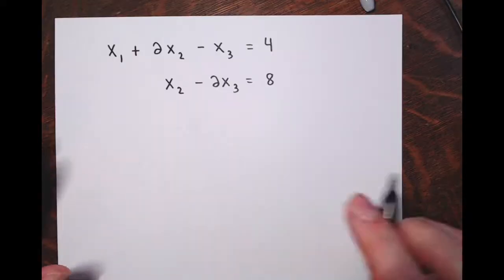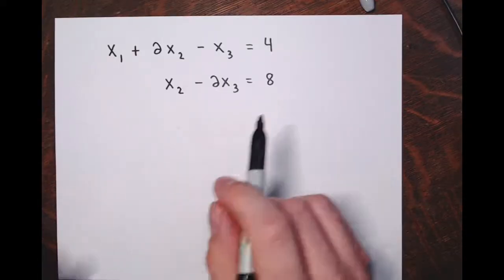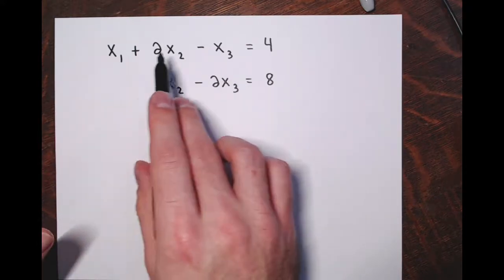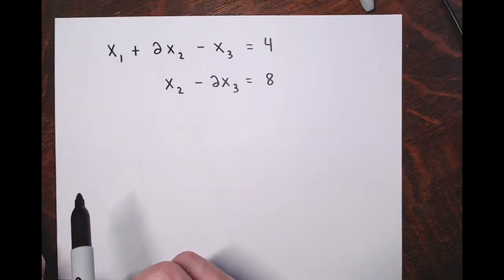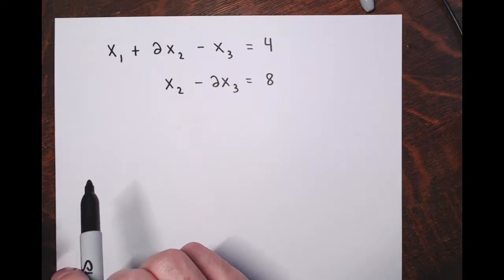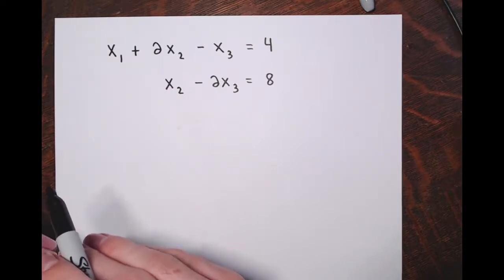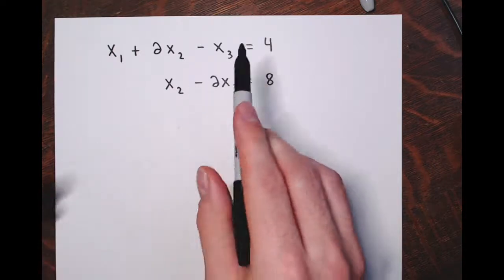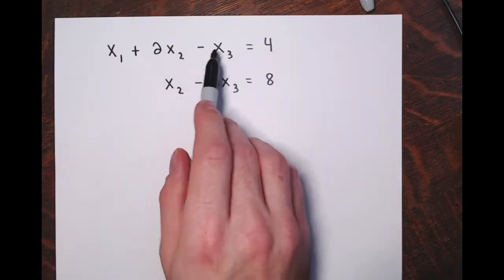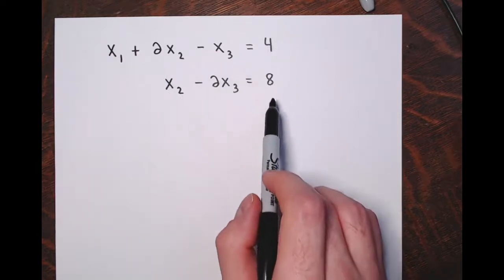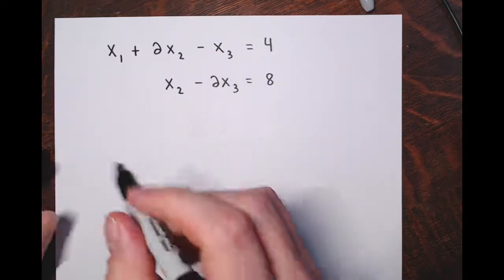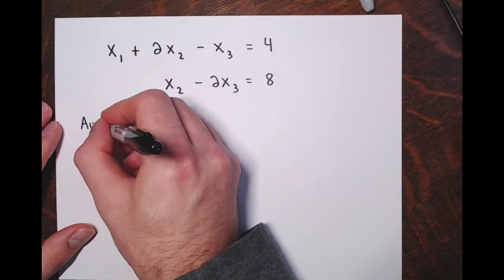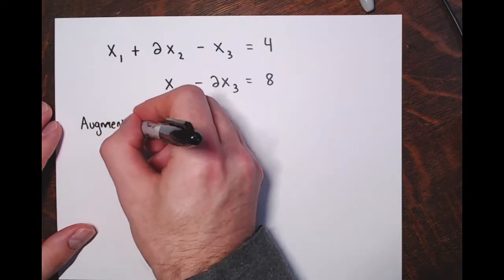All right, so here is that same system. And remember, every system of linear equations, which this is a system with two linear equations and three variables, can be represented by an augmented matrix. Now you have to get it in this specific form where all the variables are on one side and constants on the other side of the equal signs. But once they are, then we can go and write the augmented matrix,